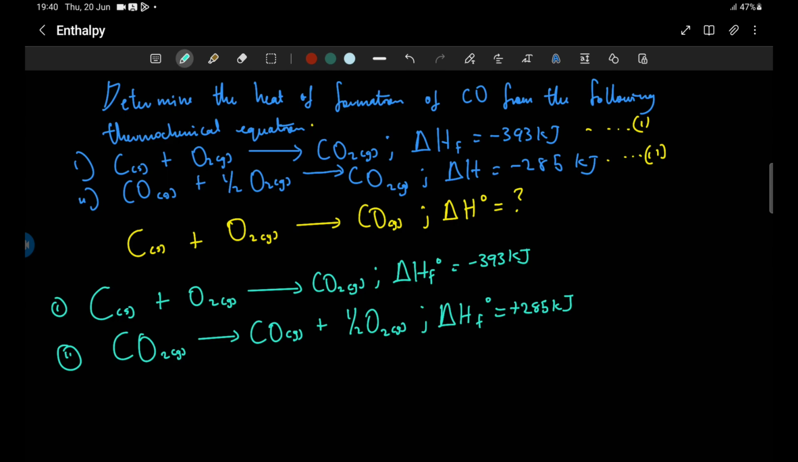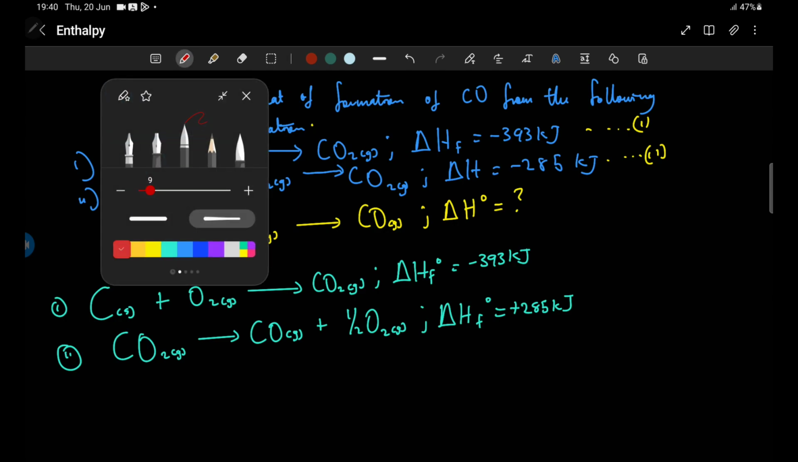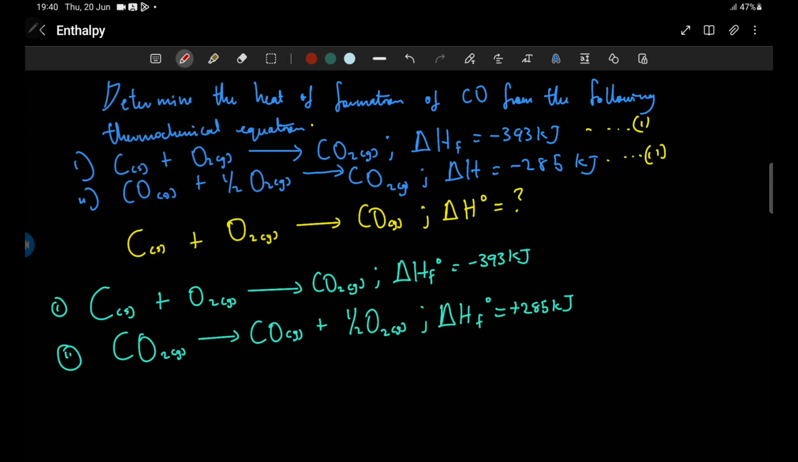Now, the next thing we'll do is we cancel the species that appear in both equations. So we have carbon dioxide appearing in both equations. We cancel. We have oxygen appearing in both equations. We cancel. And that's it. And then we add these guys. So by the time you do that, let's write down our final equation. Final equation, we have carbon